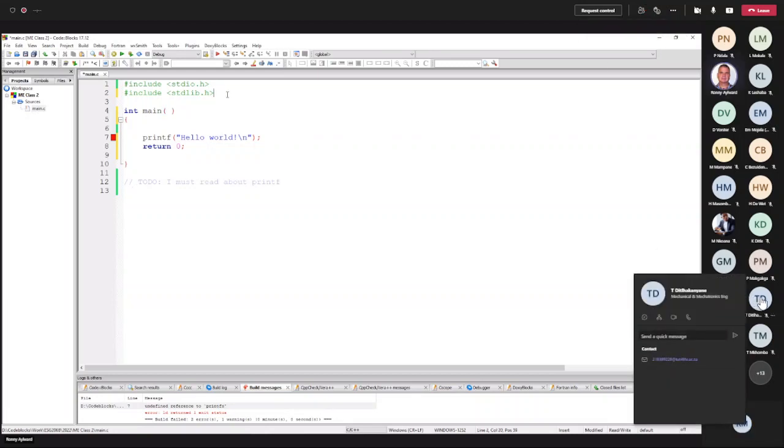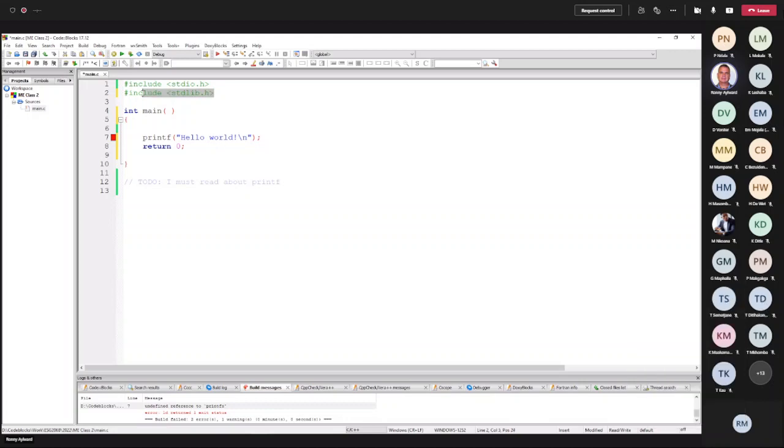There are not many of them that we use, so you just remember them. It's maybe 4 or 5. Like for instance, standard IO is used for printf.